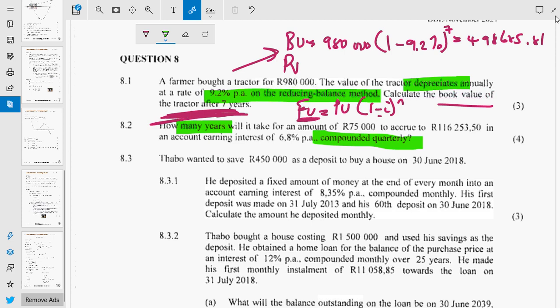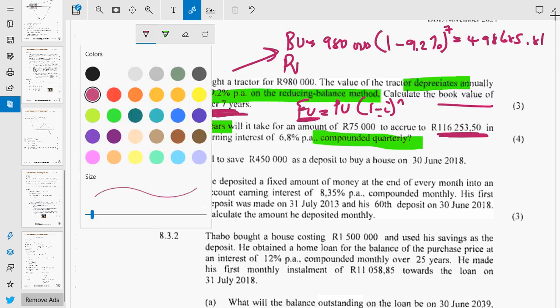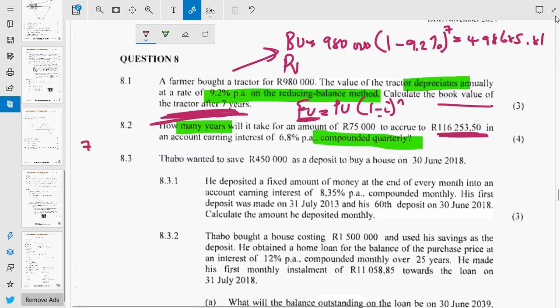It's compounded quarterly. So I have a present value of 75,000 and I'm accumulating this and I want to get this amount here. There are no regular payments here. This is just a single payment. So what does this mean? This means that I'm looking for the value of t